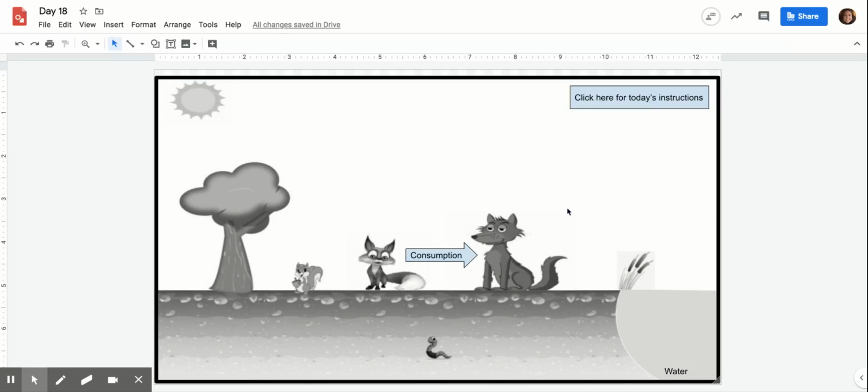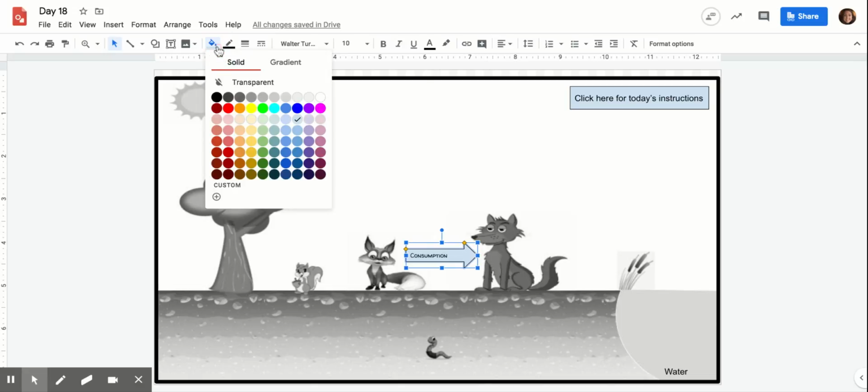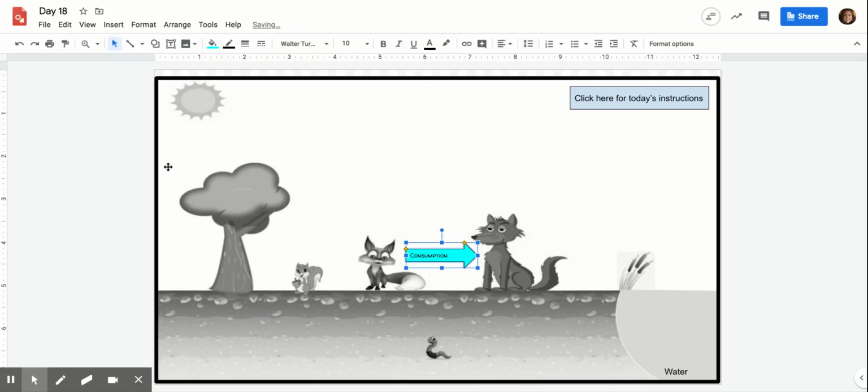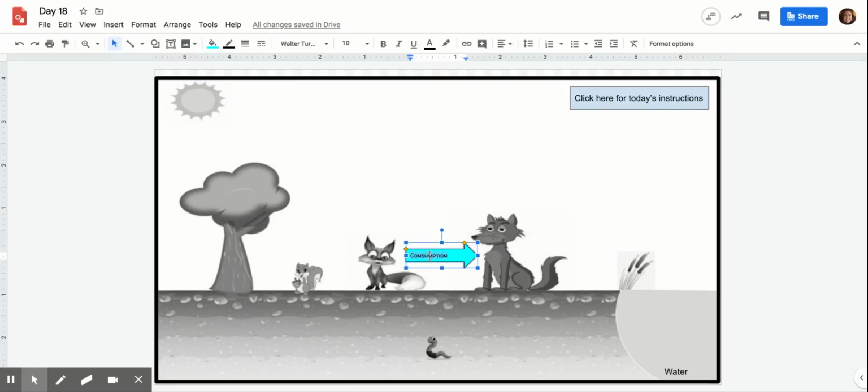You can repeat some of your processes, but you should definitely have at least 6 different processes shown in your diagram. Feel free to change the fonts. You can make things smaller. You can make things bigger. You can add different types of letters if you want to. You can change the color of your arrows. You could have all of your consumption arrows be the same color. You could have all of your other arrows, I won't give anything away, different colors if you want to,